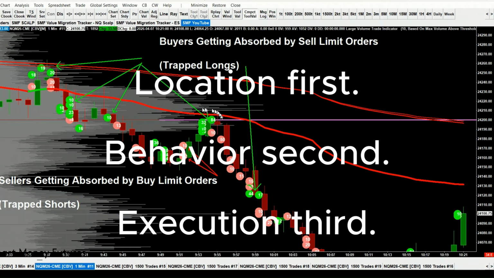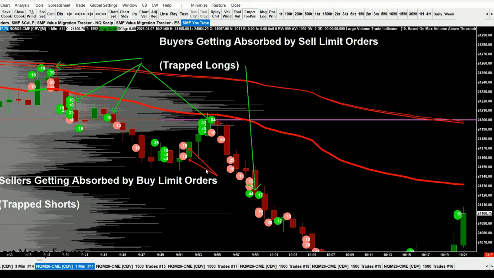So what do most traders get wrong? Most traders misuse large volume indicators in two ways. The first mistake is chasing. They see a large green bubble and buy immediately, or they see a large red bubble and short immediately. That is not order flow trading. That is reacting to color. A large buyer can be the last buyer before a reversal, and a large seller can be the last seller